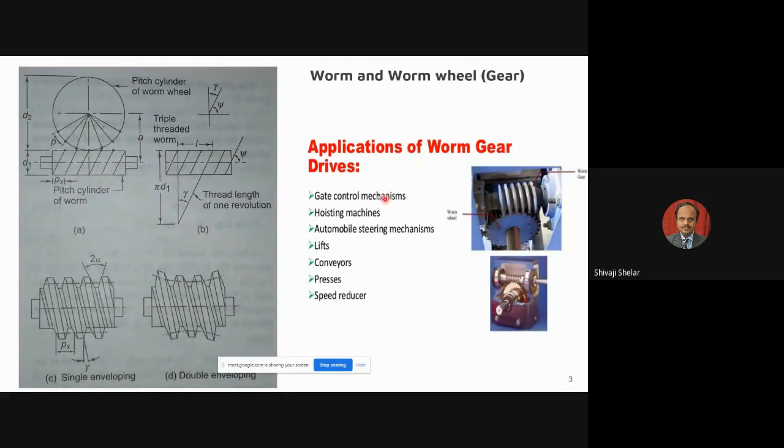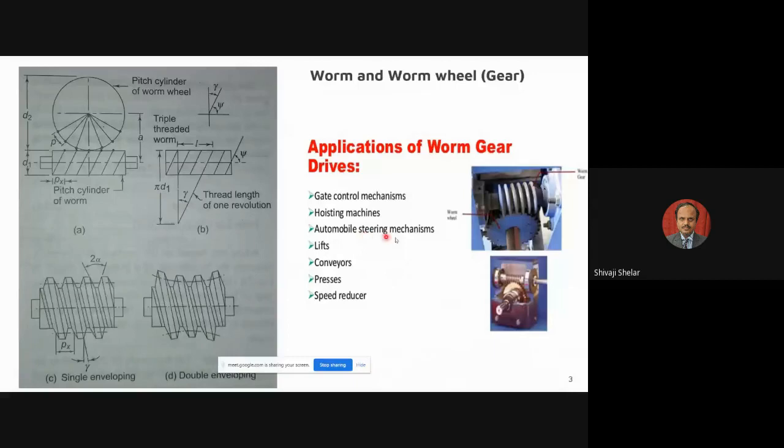To open that, you have gate control there, and this gate control you cannot open manually. Please remember, they require a very large amount of torque. So for that, they install a gearbox there; your worm and worm wheel gearboxes are installed there. Then you have hoisting machines, where you are lifting weight, lifting bridge elements and installing them together. You require a very large amount of torque there. In such hoist mechanisms, you will have a worm and worm wheel arrangement.